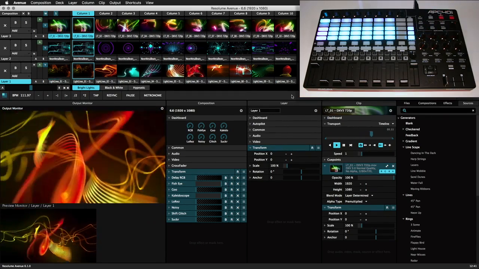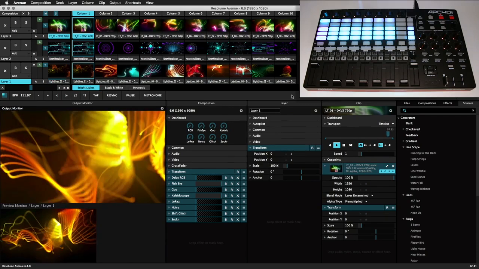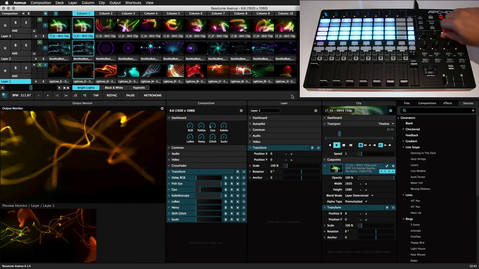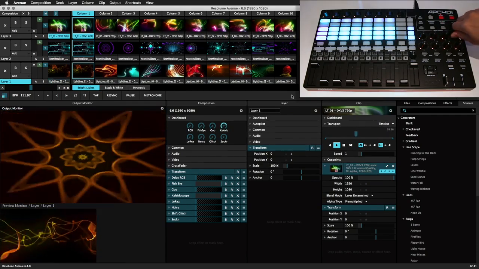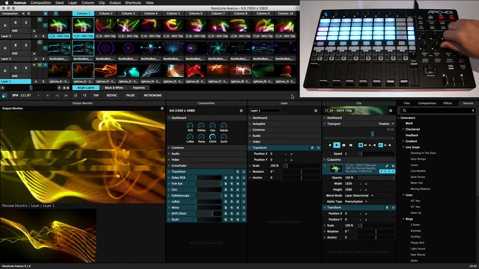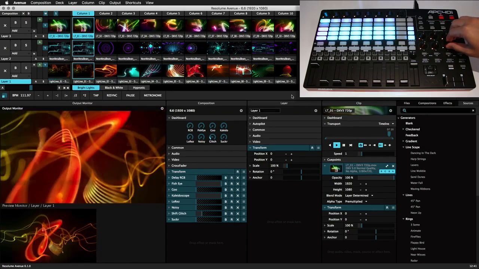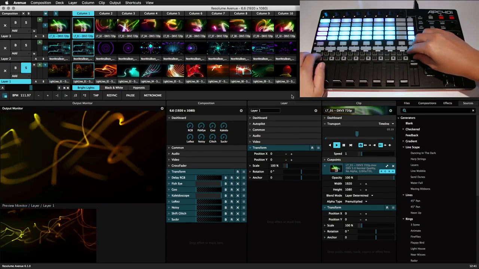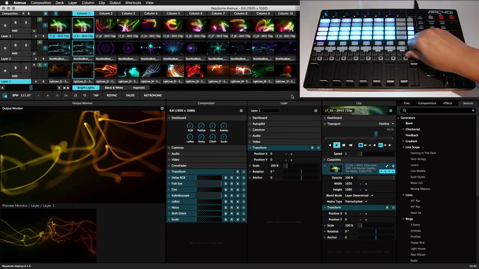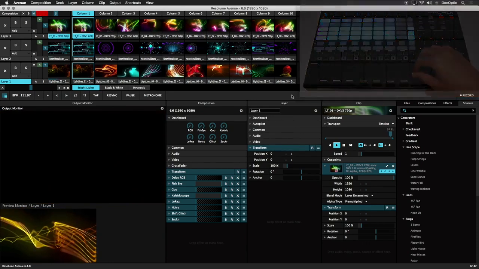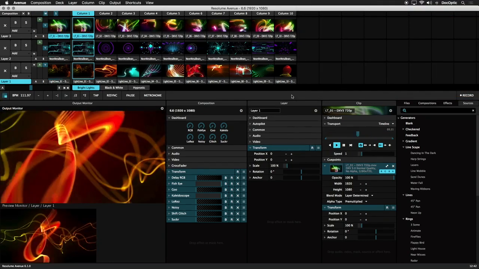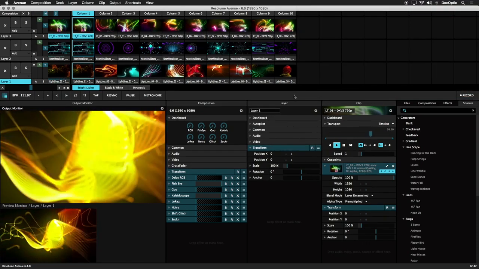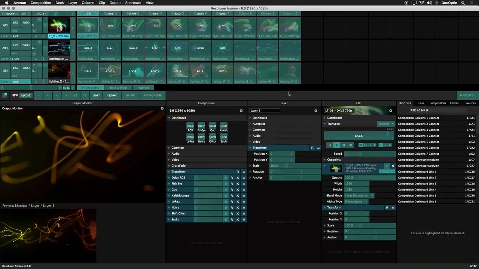Here we have shortcuts set to 8 different effects. Using these knobs, we can control how much of the effect we want to use in the composition. Other functions such as bypass and solo of layers, timeline scratching, and the master composition fader are all set up with the APC40 preset. Again, to save your shortcuts as a preset, edit MIDI shortcuts, and under the drop-down menu,